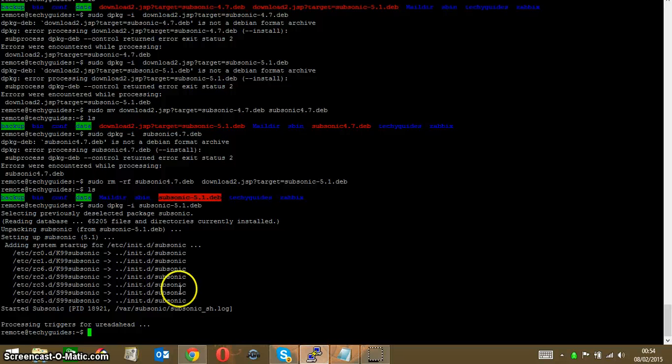So once it's done that, it's done a few things here. It's created certain files, which is added here, adding system startup for /etc/init.d and then subsonic. The reason why it's putting the init.d is so if you wanted to stop the service or server or restart